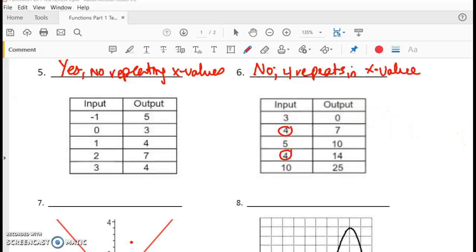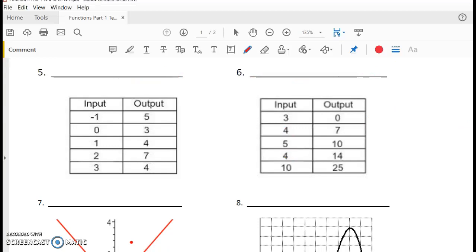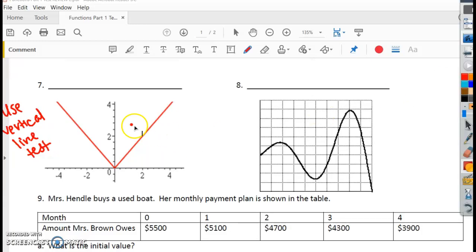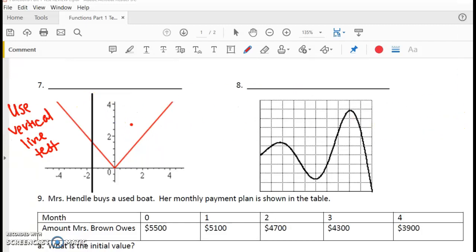All right, so as we scroll down for me and look down for you, when I look at number 7, question to you: what test do we use to see if a graph is a function? I know you said it, I heard you. Use vertical line test. And if we use the vertical line test correctly, we'll take a vertical line that I'm going to draw. And no, you don't have to draw this because I'm going to manipulate this line to show that it's not a function. All right, so we take the vertical line and we say, hey, when you cross,